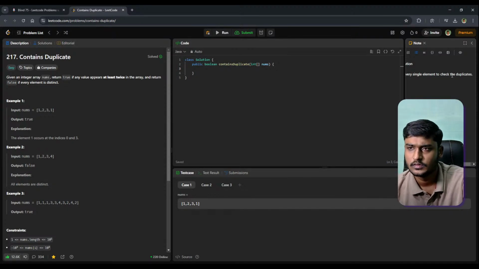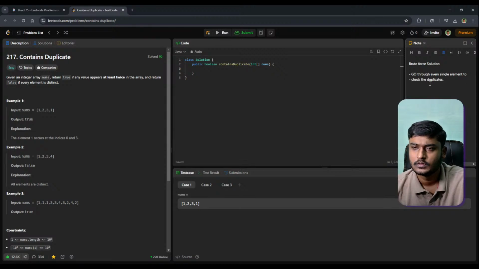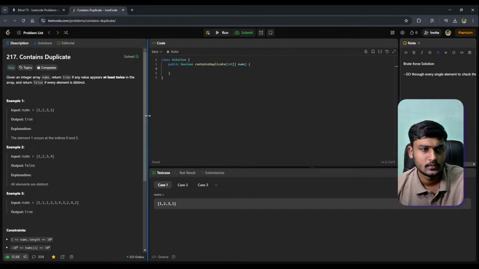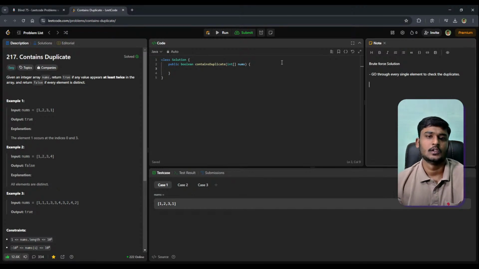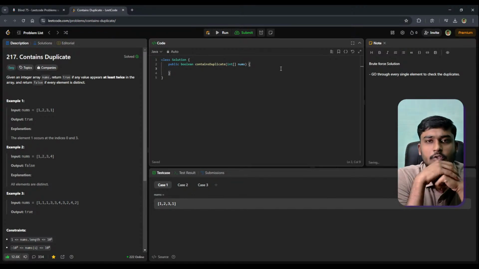Okay. Let me see how we can code this. So how do I code this up?